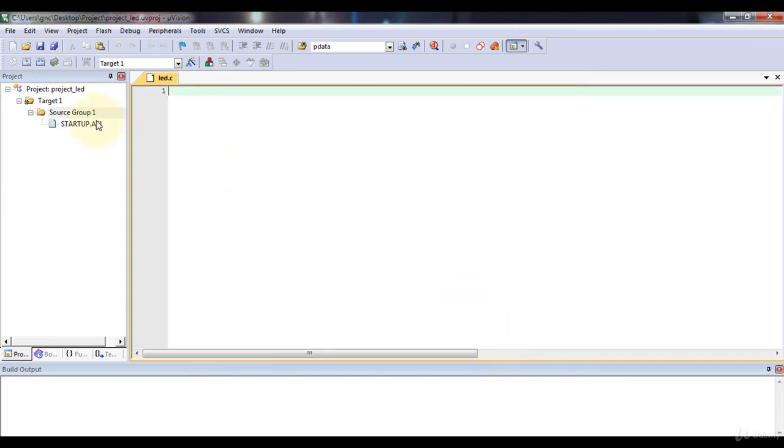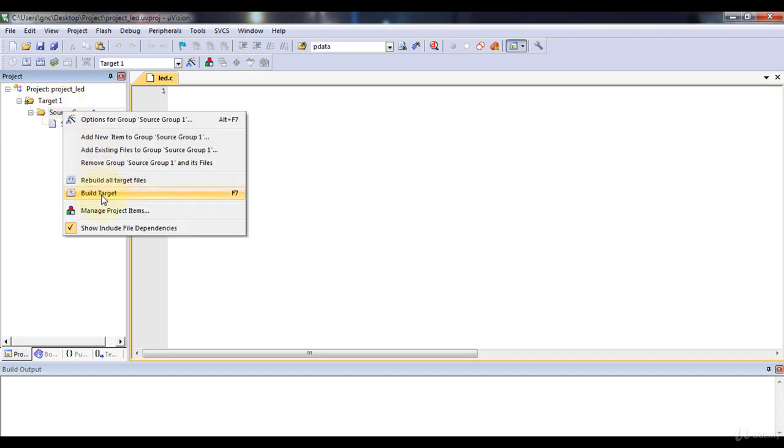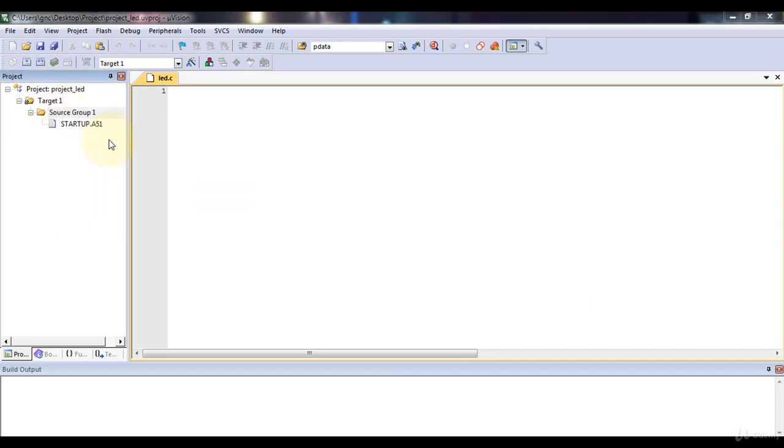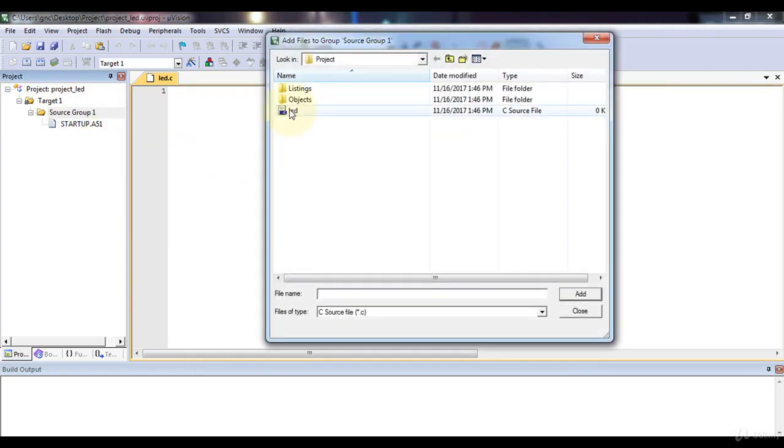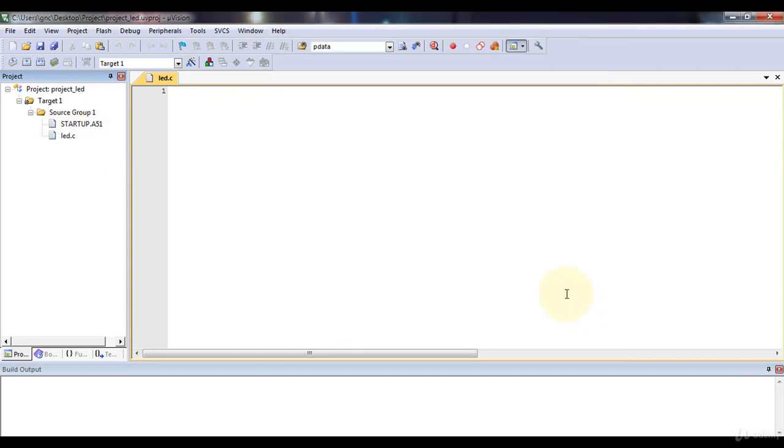The same .c file is not there in your project folder, so you have to add it. Right click on Source Group, Add Existing Files to Group, and double click on LED. So the file gets added, and then close. So now you are ready to write the code.